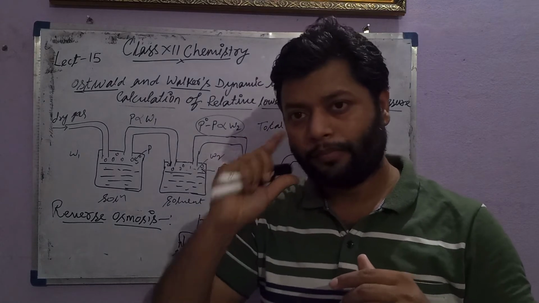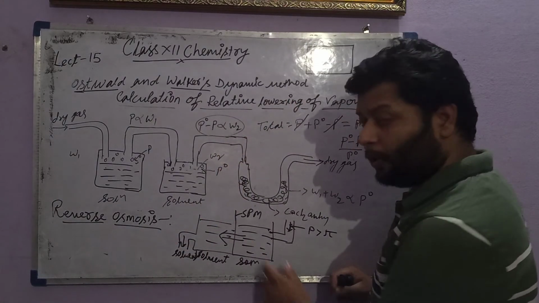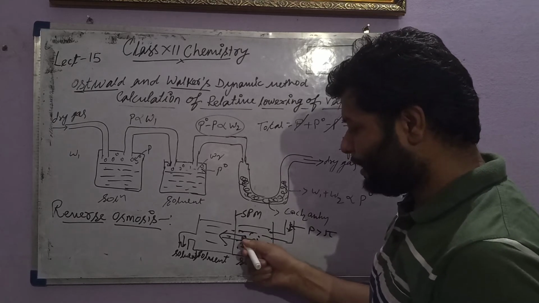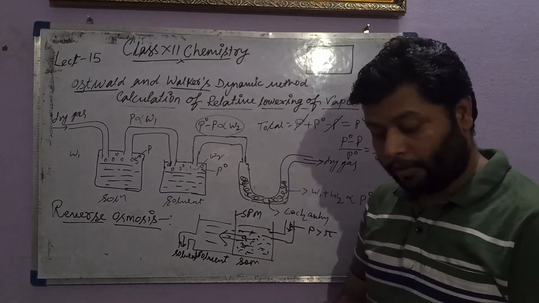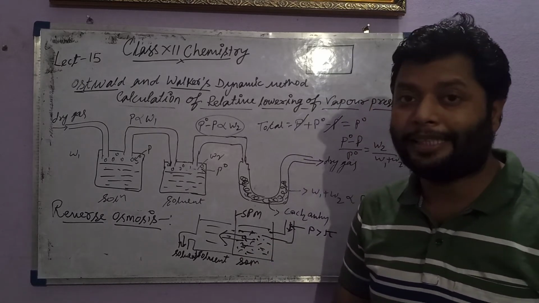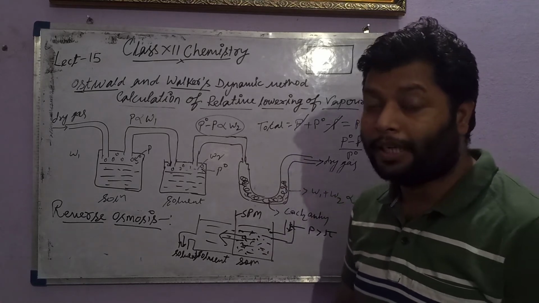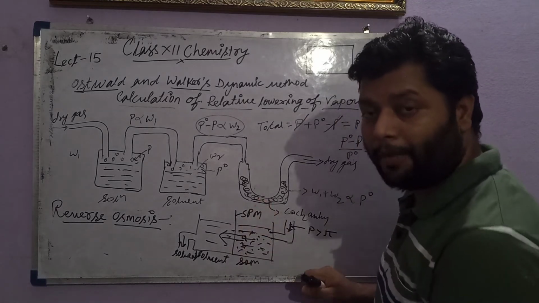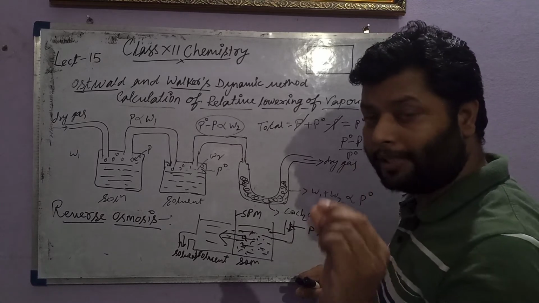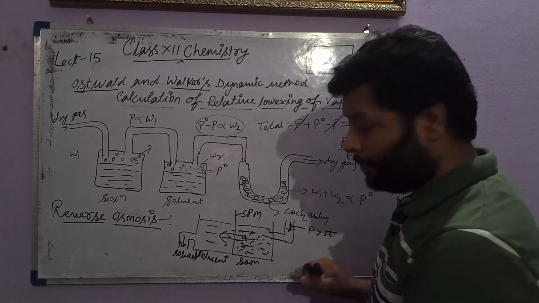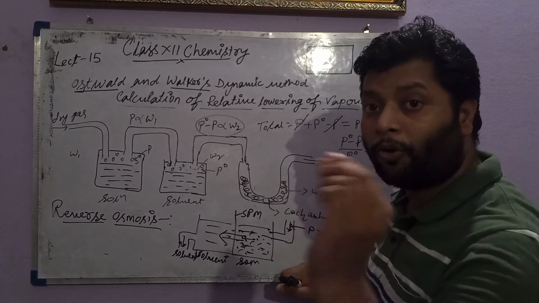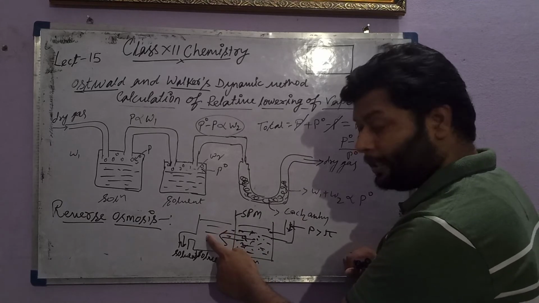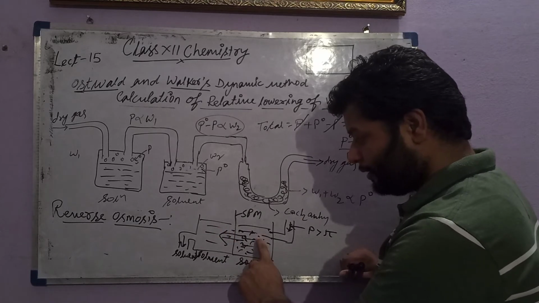Always. For example, suppose this is a solution and this one is highly diluted. Suppose I am taking the water of oceans or the sea, which is concentrated because of the presence of different soluble salts, called saline water. So this is saline water having a high concentration because of the soluble salts. When separated by SPM and in contact with pure water, according to osmosis, water must flow from the pure water side to the solution side.